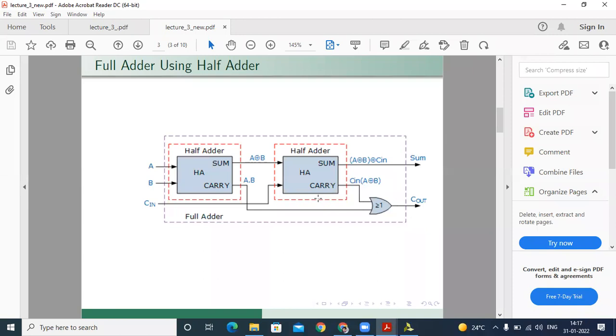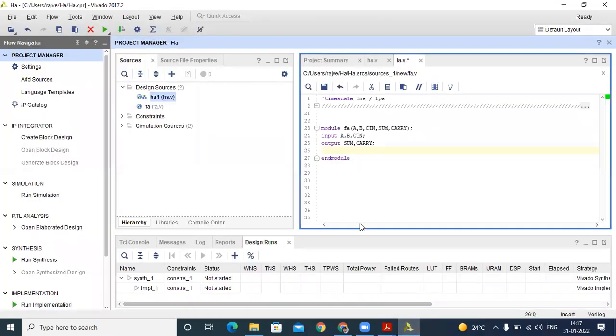This one is W1, this one is W2, and this last one is Cin. These are our wire names for our top module.